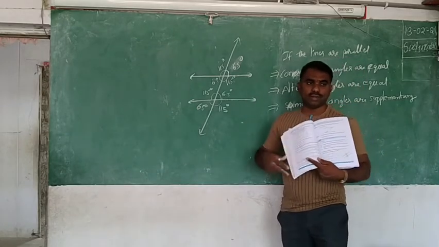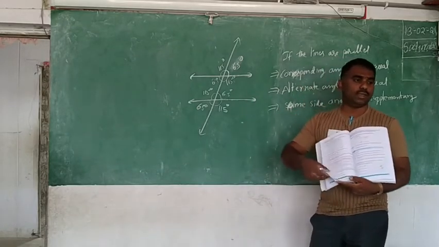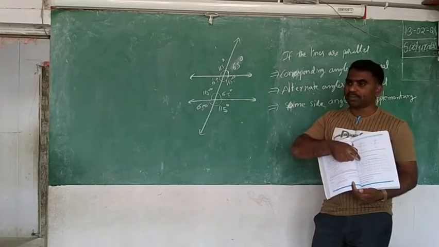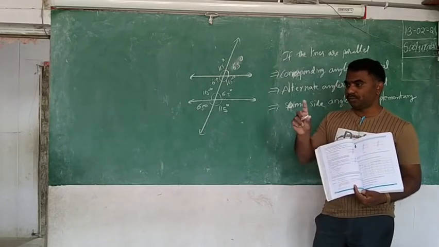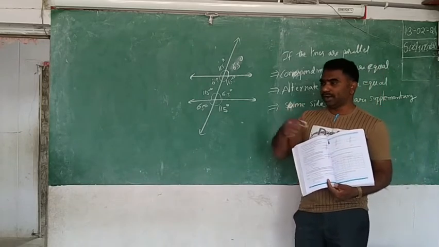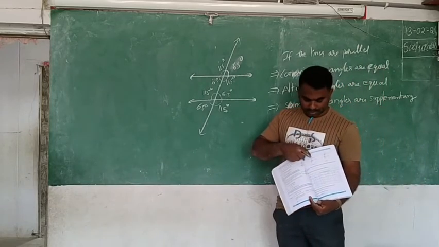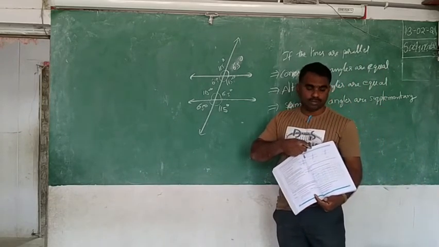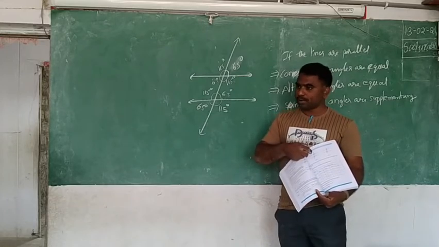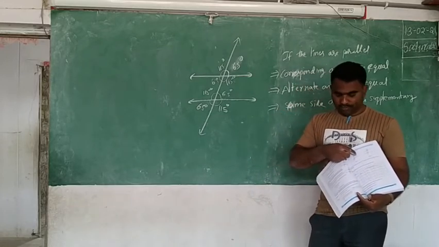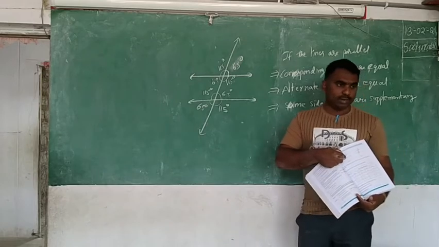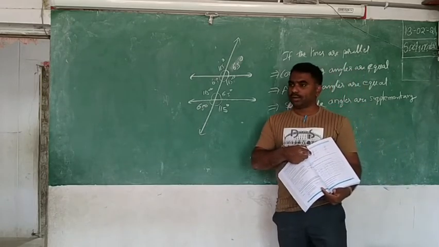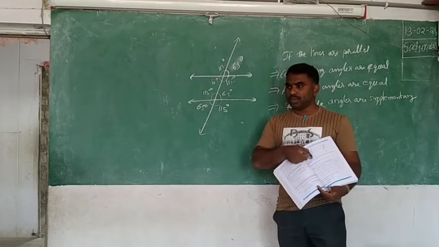So first, what is your work? Compulsory, you do one thing. You produce these lines because the protractor is not enough. Your protractor is small and these lines are small. That's why you produce this line. Then you measure the one angle here, only number 2 or number 1. After measuring that you can find another, and on the downside number 5 or number 6 you find. Calculate, measure, and find the remaining.